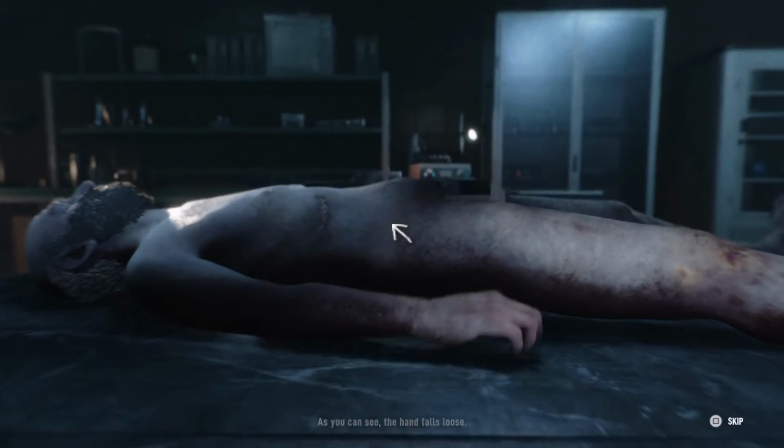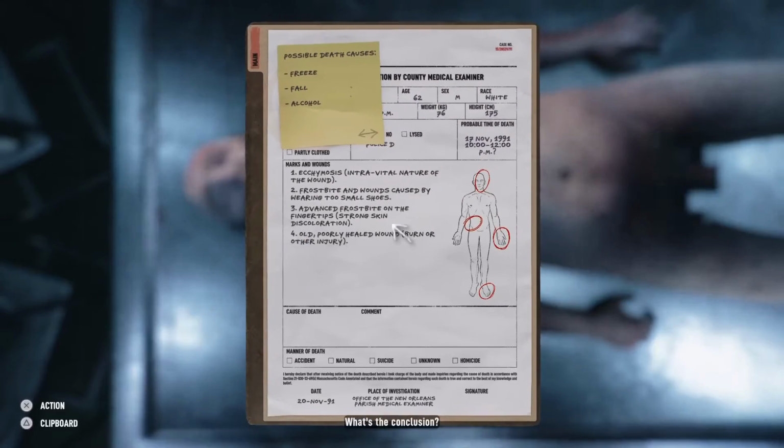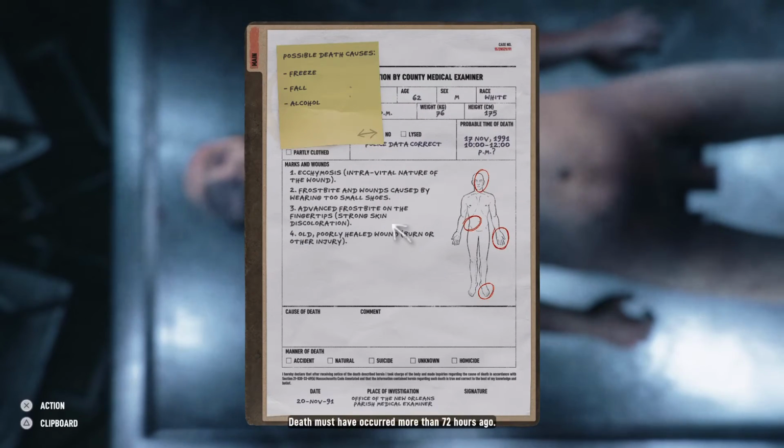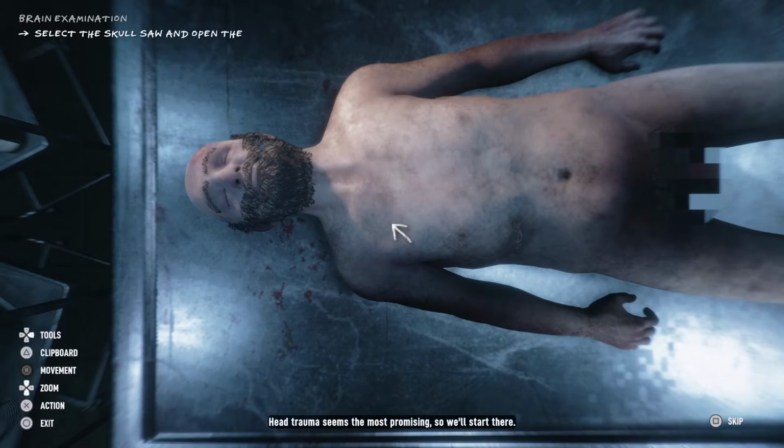Now let it go. As you can see, what's the conclusion? Death must have occurred more than 72 hours ago. The police information appears correct. Head trauma seems the most promising. For this,